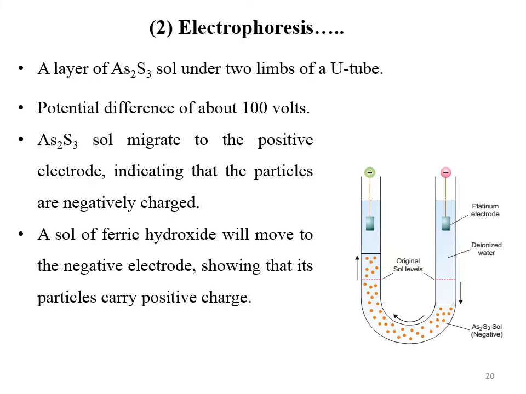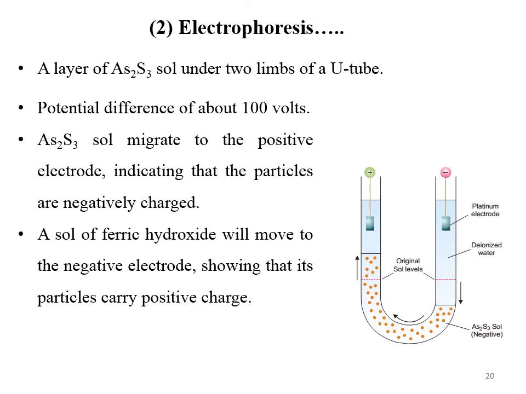The phenomenon of electrophoresis can be demonstrated by placing a layer of arsenic sulfide sol in the two limbs of a U-shaped tube, as shown in this diagram. When a potential difference of about 100 volts is applied across the two platinum electrodes dipping in deionized water, as shown in the two limbs of this diagram, it is observed that the level of the sol drops